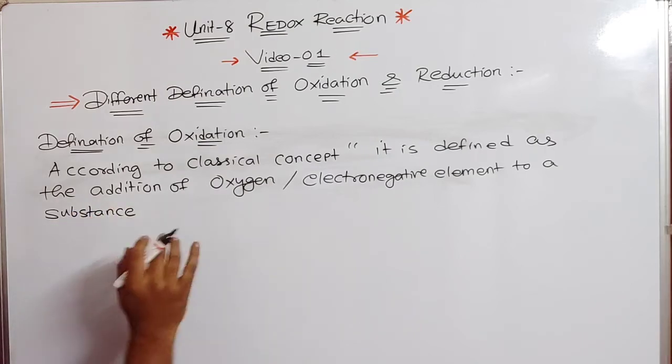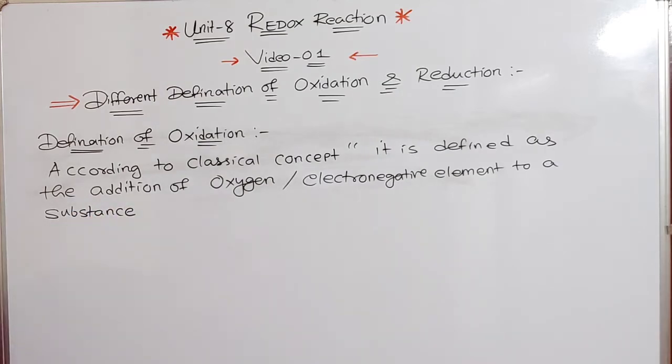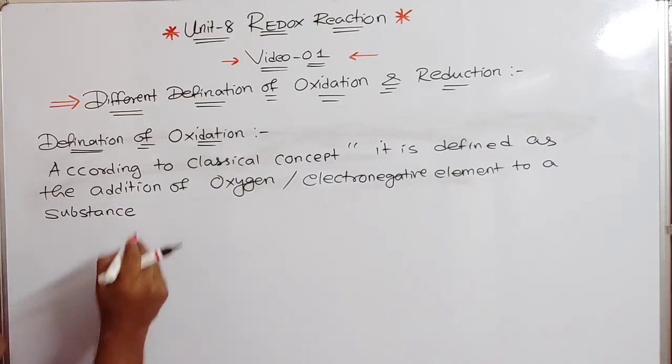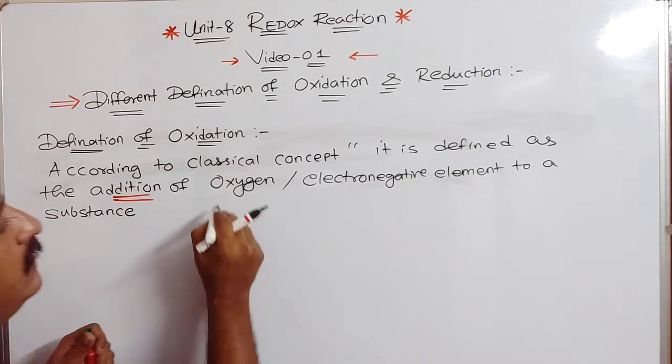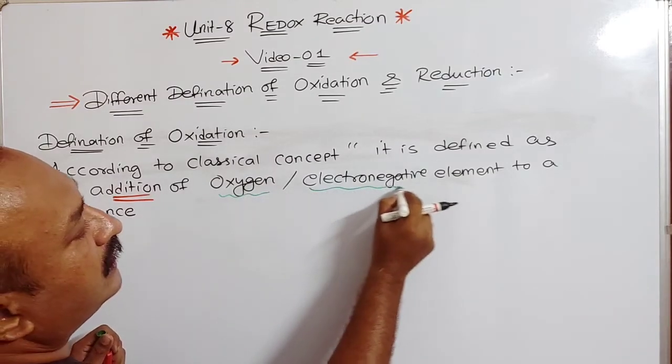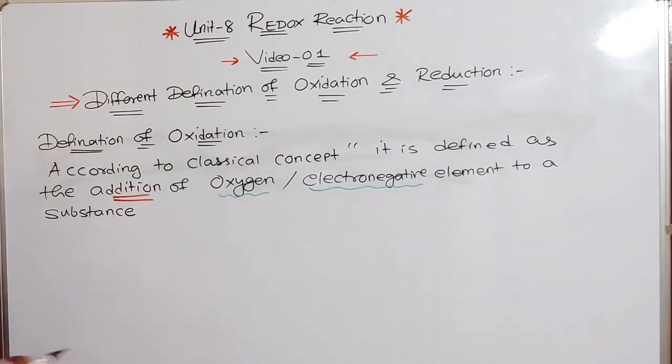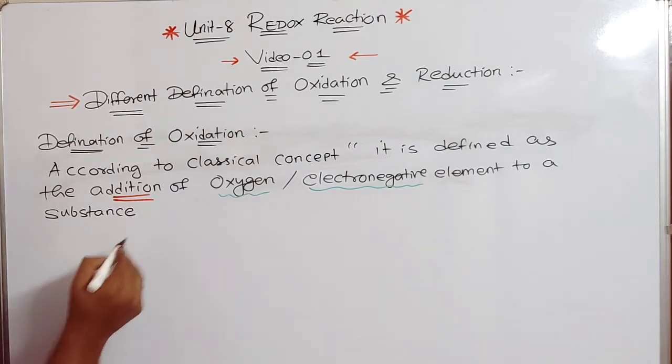Clear? This word we can underline with a different color pen. Addition, here the word is addition of oxygen or electronegative element to a substance, or